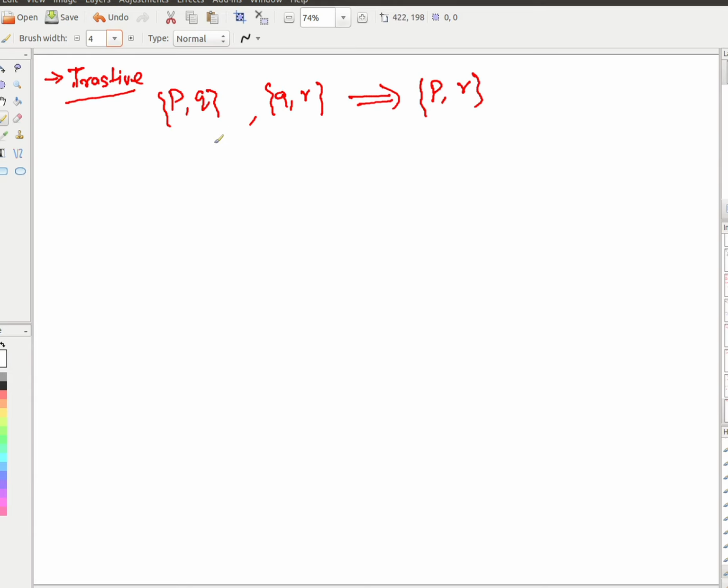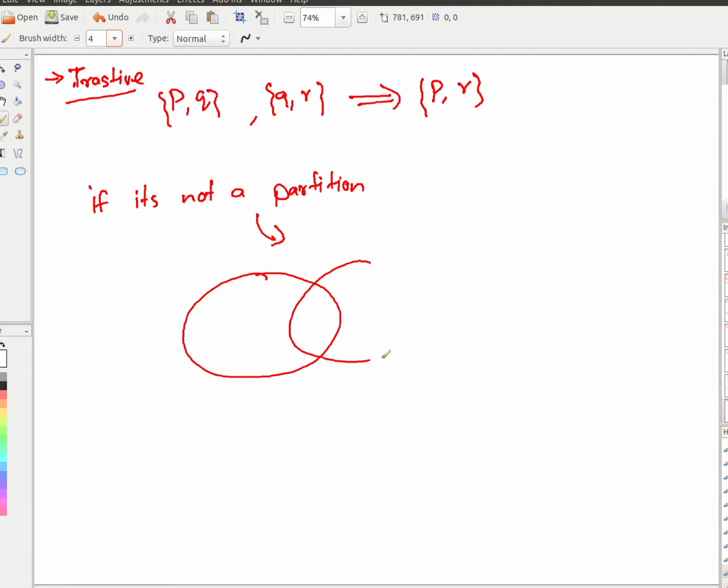if that is the case, then what you can do? Proving the partition, it will hold. Why will it hold? Because if you say that it's not a partition, what does it mean? It means that when you are forming the block, some state P is here, S is here, and Q is intersecting with these, right? So there is an intersection between these two, Q1 and Q2. But it can never happen,